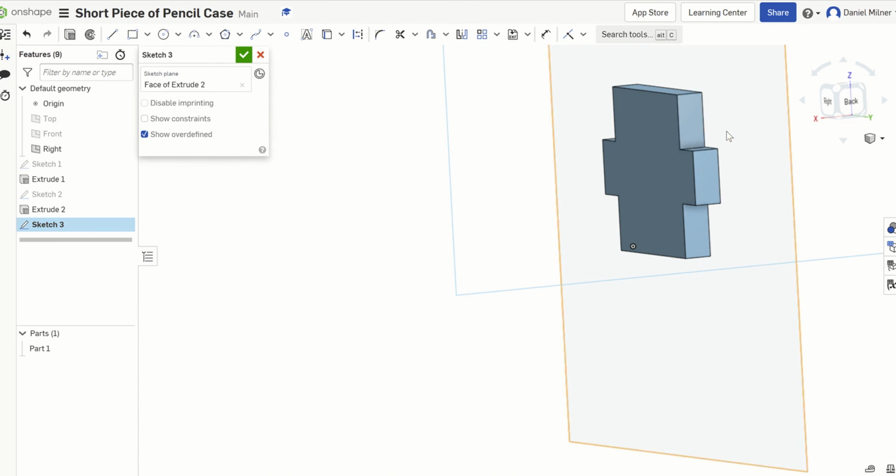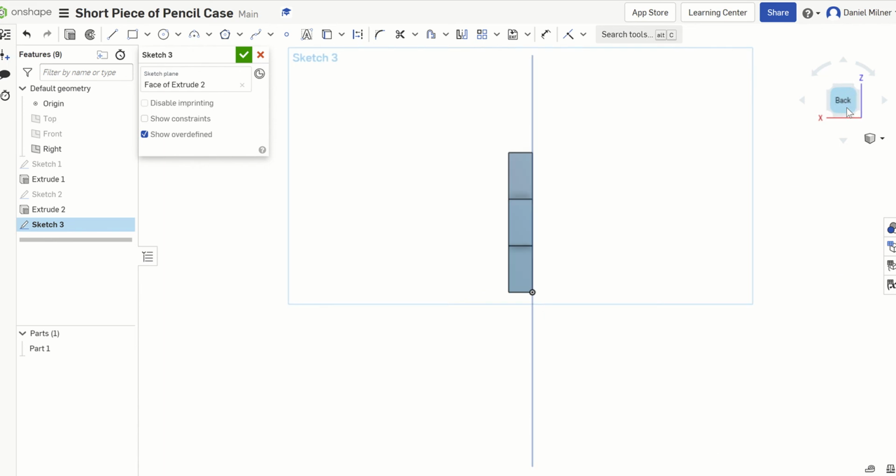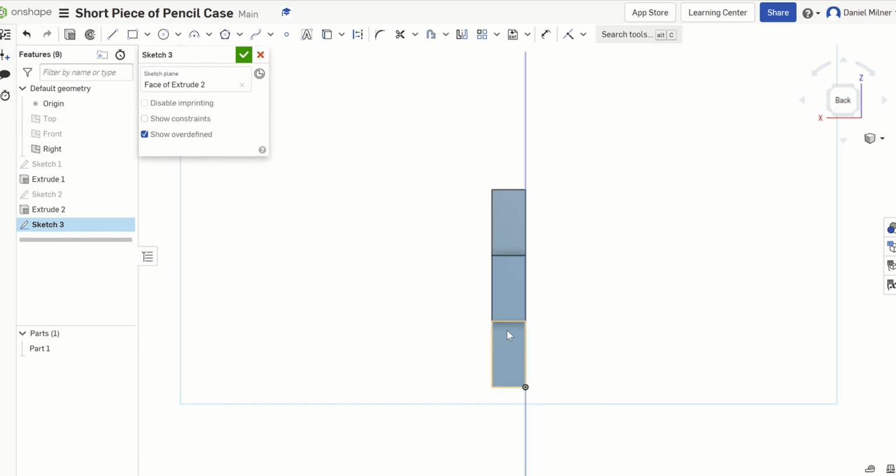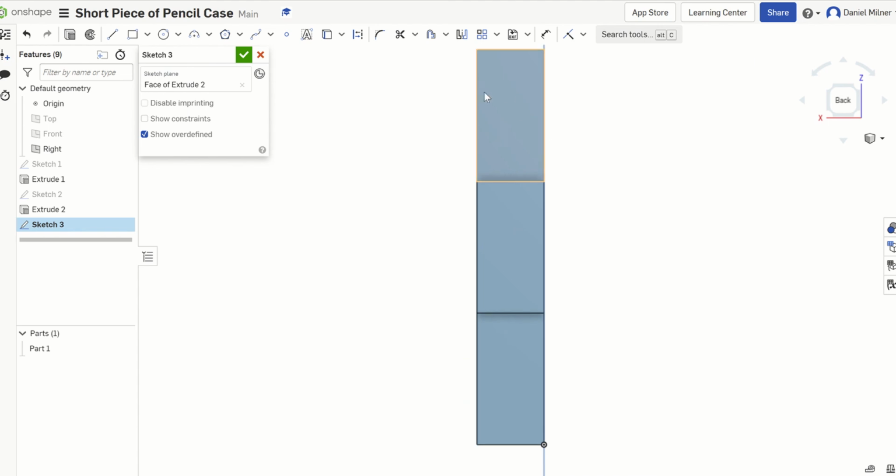So now when I click on the face, I can simply go to, I think this is the back. Yeah, lovely. So I'm now just going to zoom in here. So that's a nice view where I can work on the two of them, top and bottom. It's a nice size. So let's go with our corner rectangle. Draw any size of a little rectangle. Make sure it is coinciding, which is lining up with this face and this edge. So left click,